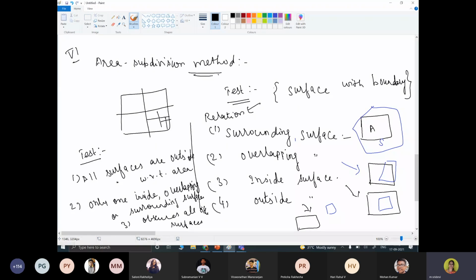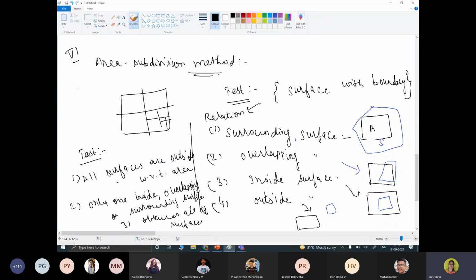If a single bounding rectangle intersects the area in some other way, additional checks are needed to determine whether the surface is surrounding, overlapping or outside. Once a single inside, overlapping or outside surface has been identified, its pixel intensities are transferred to the appropriate area within the frame buffer.